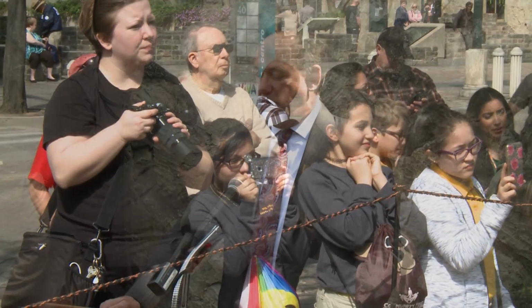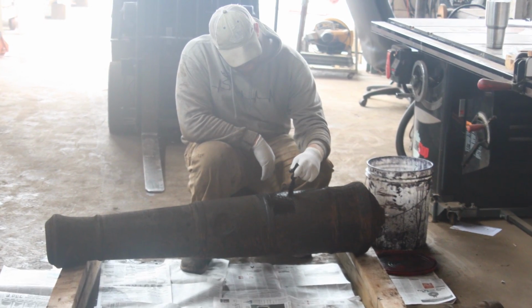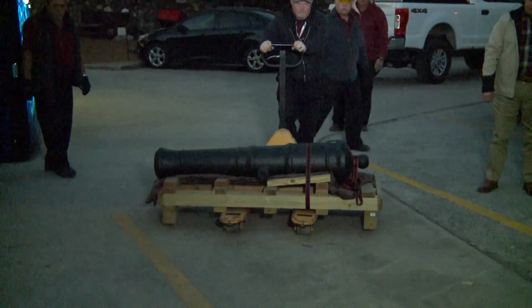for these incredible artifacts. So to ensure that the Alamo's cannons are around for many generations to come, we partnered with the Texas A&M Conservation Research Lab in College Station, Texas, to perform some much needed preservation work on each of the Alamo's original 7 cannons. 2 of these cannons have now made their way back to the Alamo, along with some exciting new discoveries about